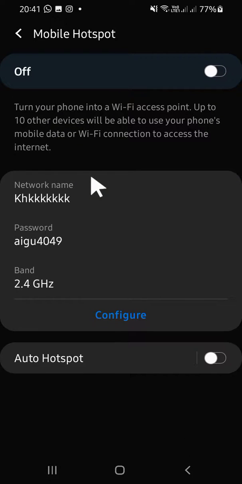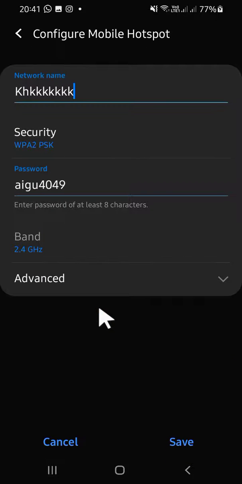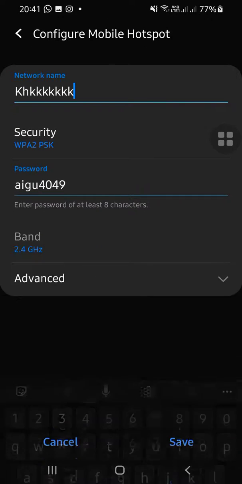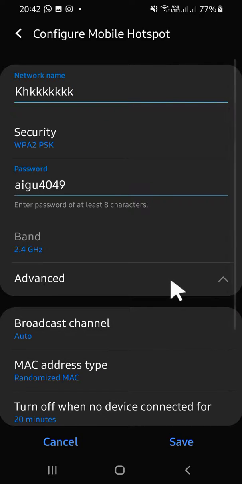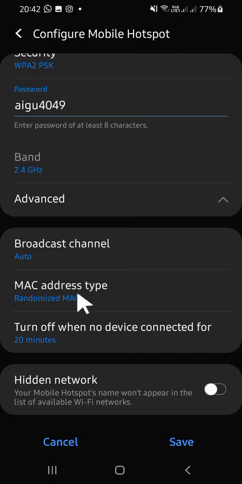Alright, after that you can click on configure. Okay, and click on advanced. Okay, and we can scroll down and on this option, turn off when no device connected,